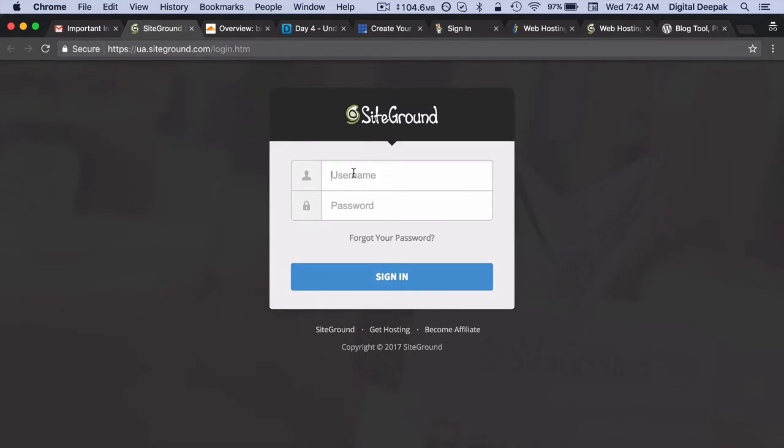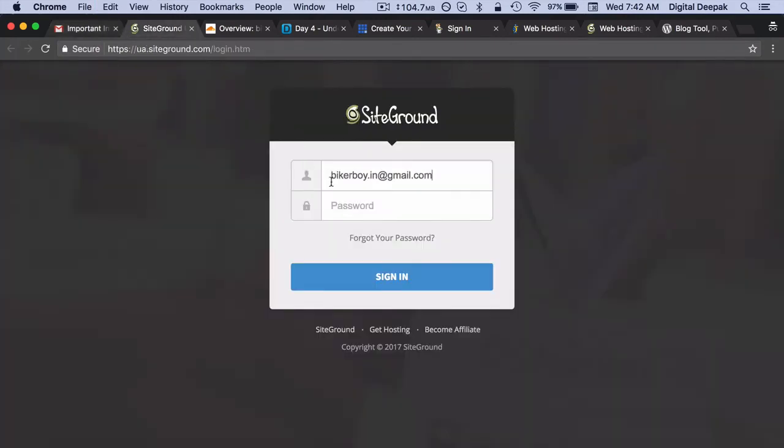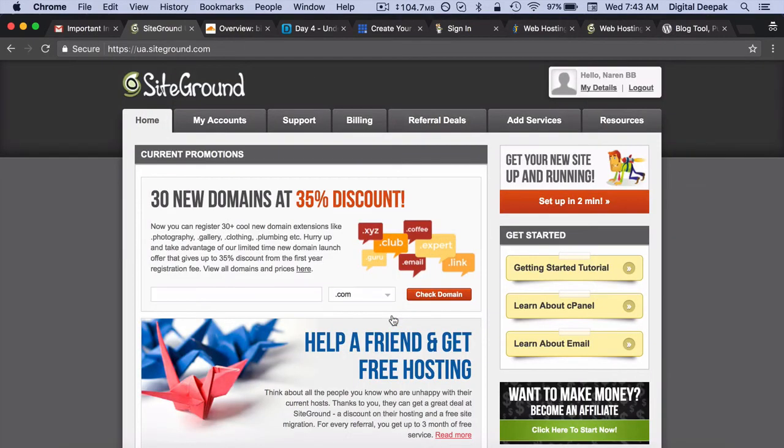Let me enter the username and password. So username would be my email ID, and password would be the one I chose during the sign up process. So here I am inside the SiteGround account area. If I go ahead and click on my accounts,